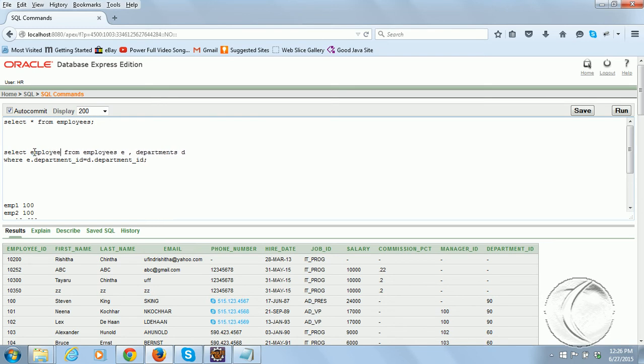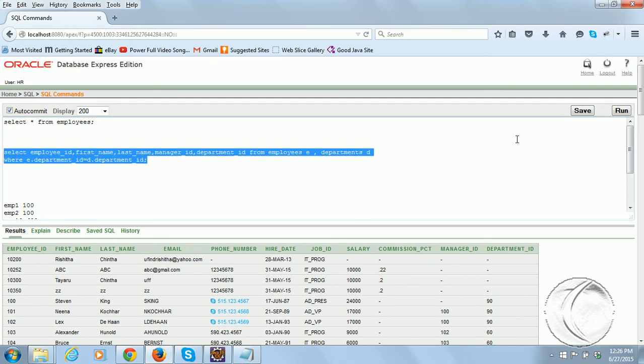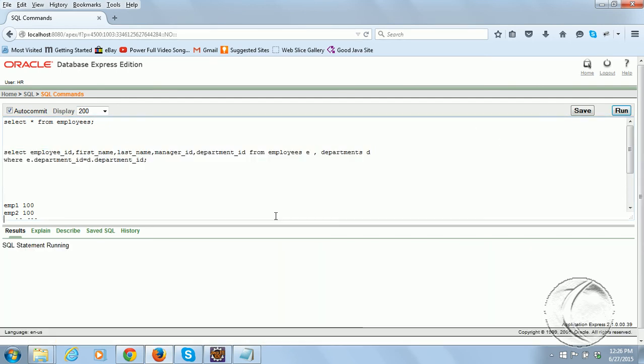I don't want to see all the information available in the employees and departments. I just want to see only employee ID, first name, last name, manager ID, department ID. Do you know the purpose of using this? This is called an alias.